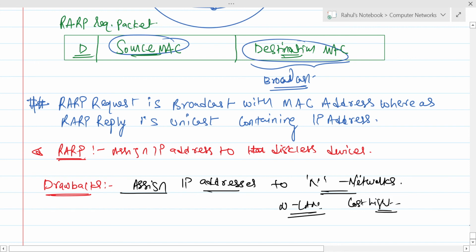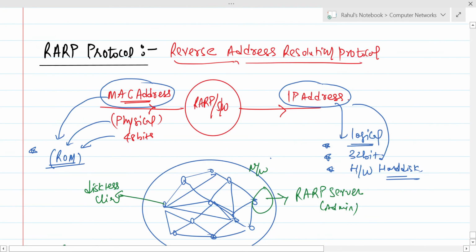But I hope you got the crux of this. The crux of the RARP protocol is that the RARP request will be broadcast with a MAC address, and the RARP reply will be unicast and contain the IP address, right? So I hope it is clear. Normally, RARP is an important protocol for fetching the IP address in a particular network. RARP stands for Reverse Address Resolution Protocol, and it is an important part of